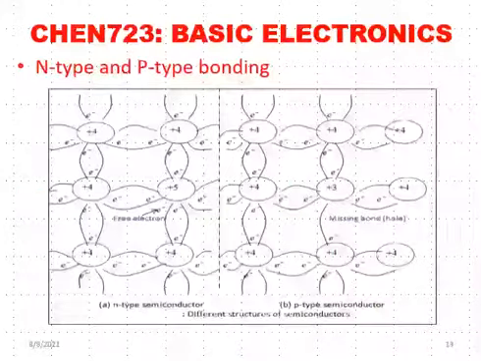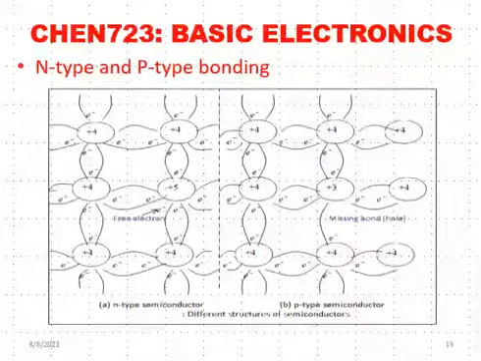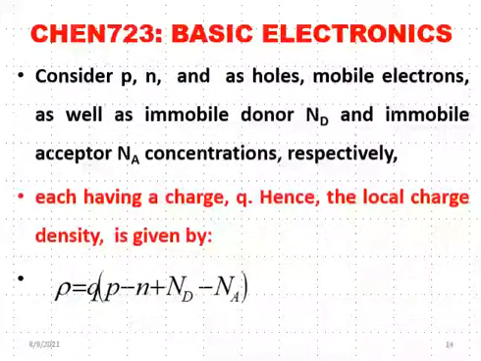But if you introduce group 3, we told you that there is a place where we are missing an electron, and that place we call it what? A hole. So it means we need 1 electron for us to complete this place, and for this reason we call this one Na, that is acceptor, the concentration of the acceptor.